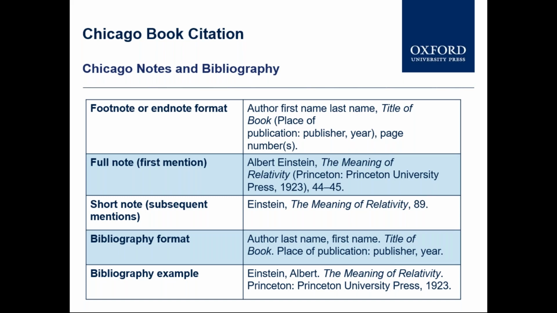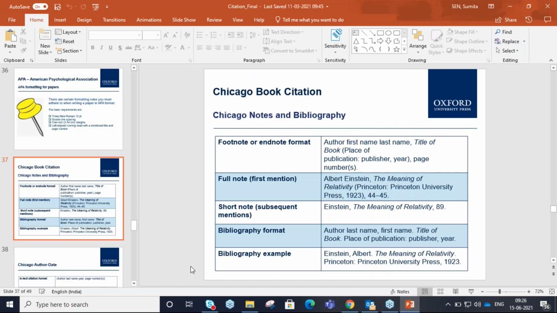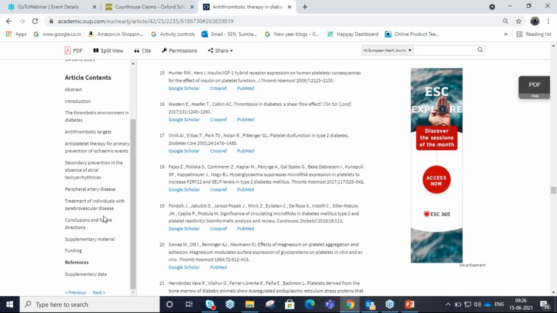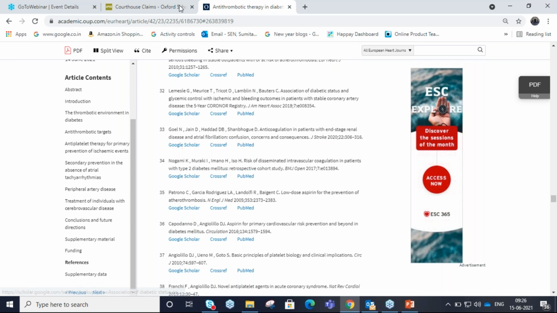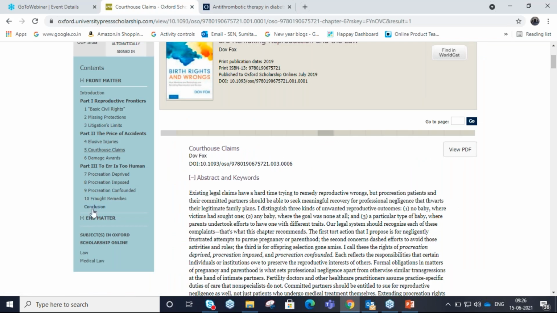Then we move on to Chicago Book Citation. Chicago Book Citation is mostly where you have the author's name, publication, everything as a footnote, or you have it as a full note, or as a short note, or as a bibliography format or a bibliography example. Footnotes means the notes that come at the end of the article. Let's go here. So these are generally reference text, usually footnotes. If I come to the conclusion here, if I take the last chapter here,